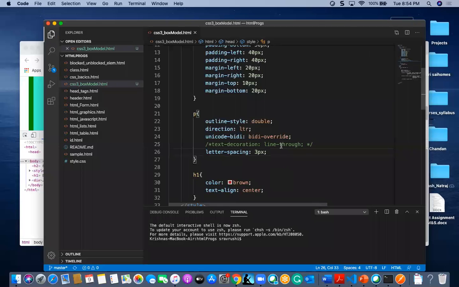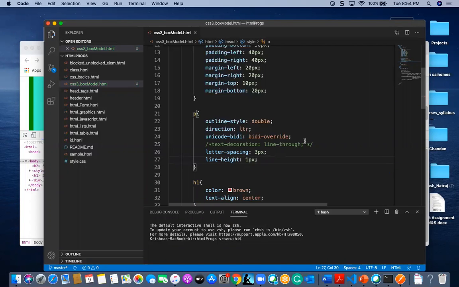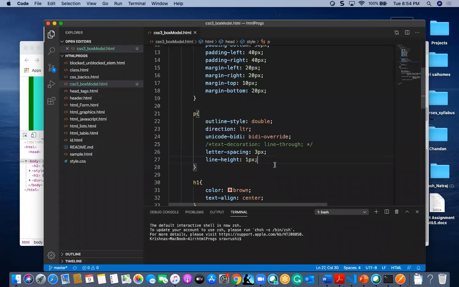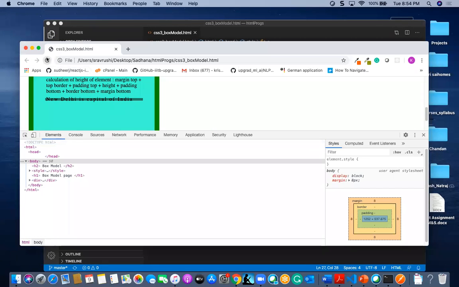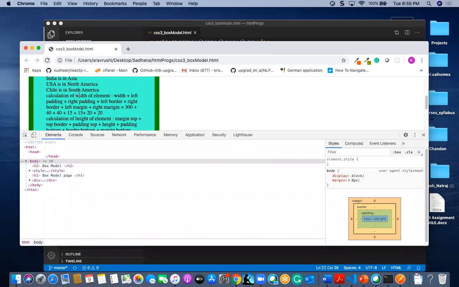We can also give line height here. Line height, some 1 pixel or something. So you can find this one pixel height, but you can give some 5 pixel, that will look good. Okay, some 10 pixels in height.